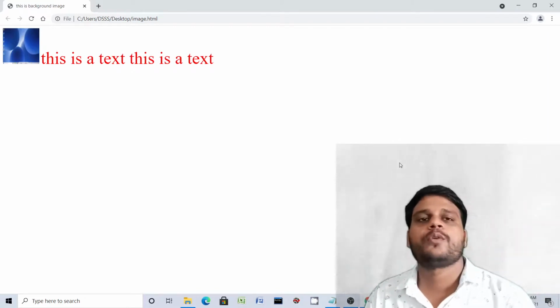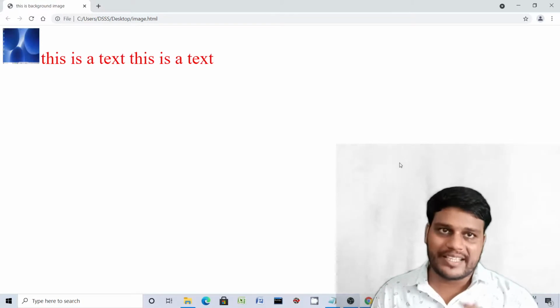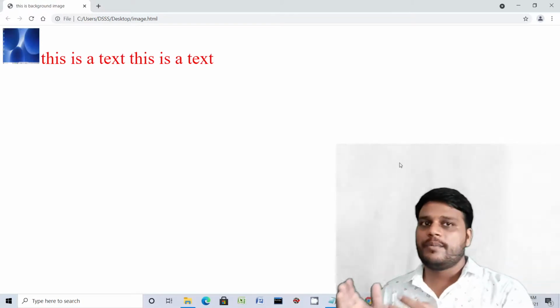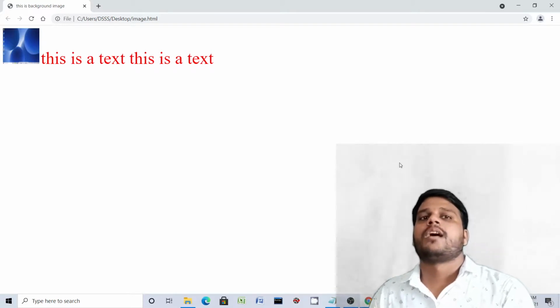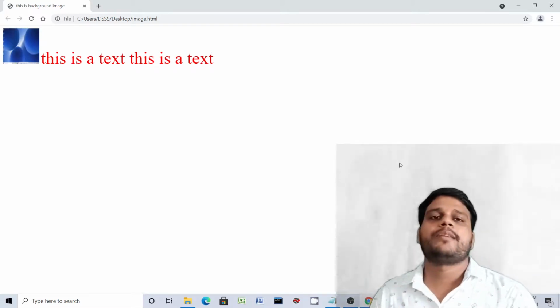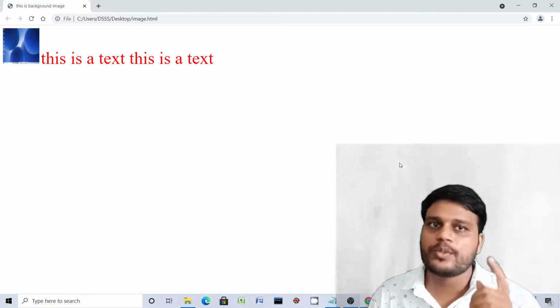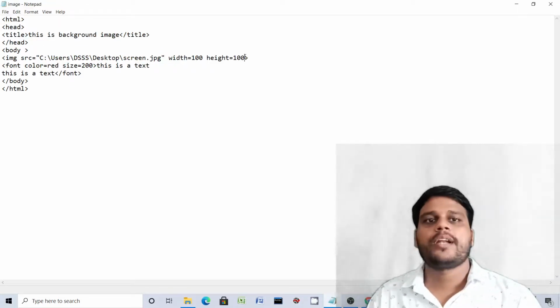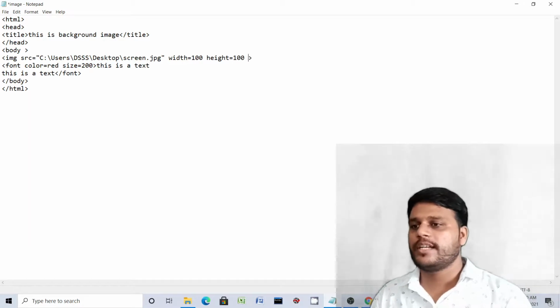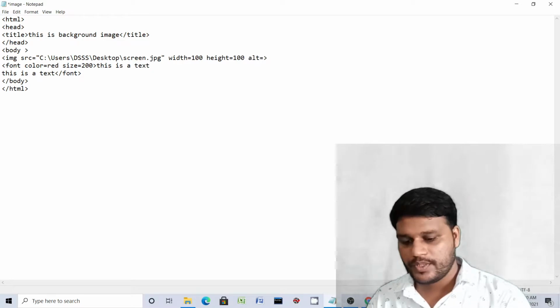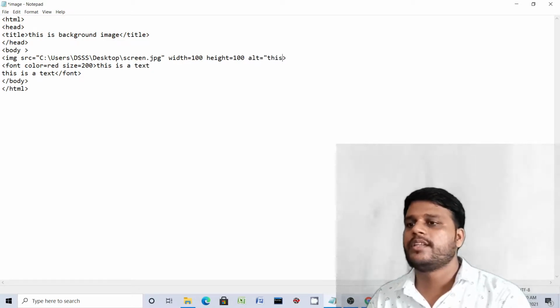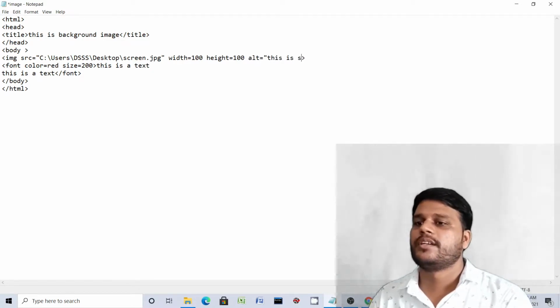Okay, to handle that, you have to specify an alternate text so that if the image is unavailable at the location, then in place of that image a text will be displayed. This is known as alternate text. To do that, you can specify an alternate text by using the alt attribute. Alt equal to, and here this is screen image.